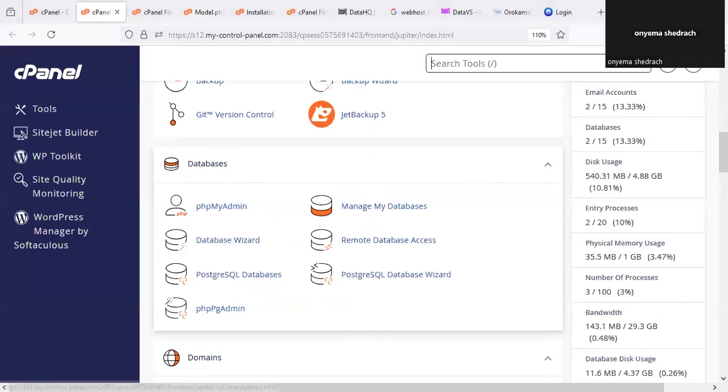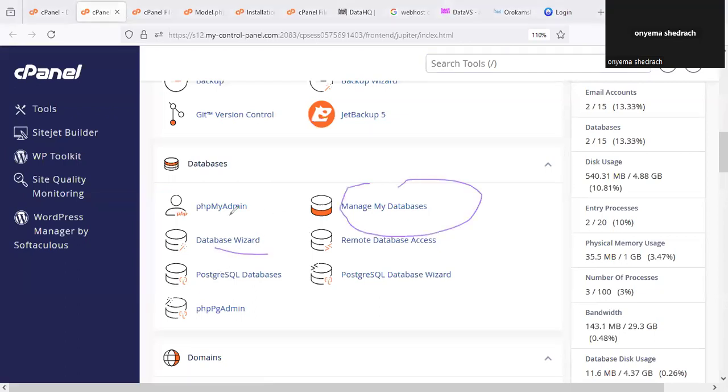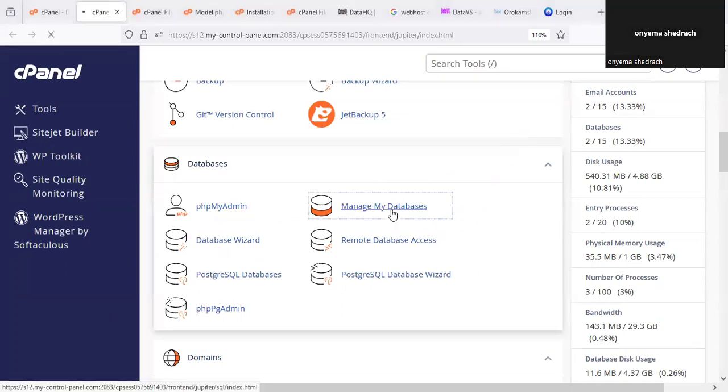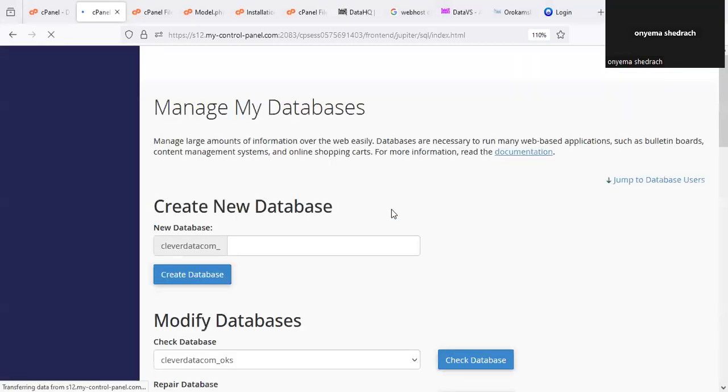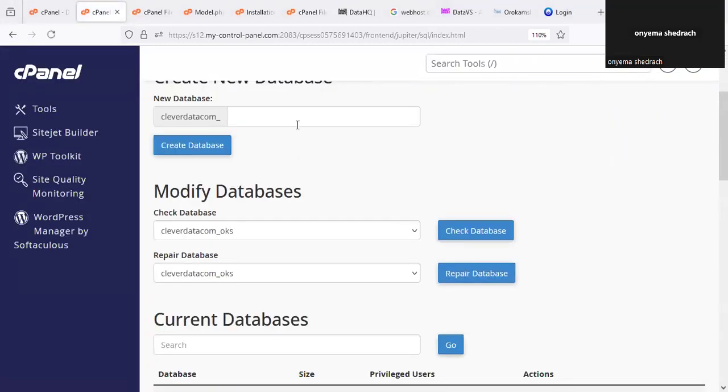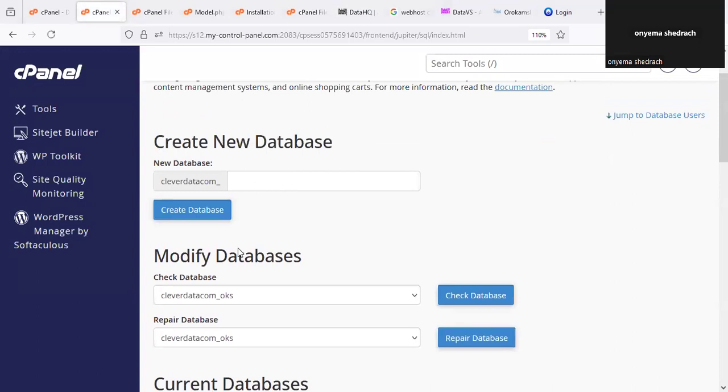So I'm going to go to database. I usually like to use database so that I will know what I'm doing. Most people use database wizard, but I just like to use this. Okay, so just click on that. So I'm going to click on this. Once you are here, the next thing I have to do is to create a new database that will enable me to connect the application. So I'm just going to click on user DB. I usually use it, just something very good. So I'm just going to copy this,